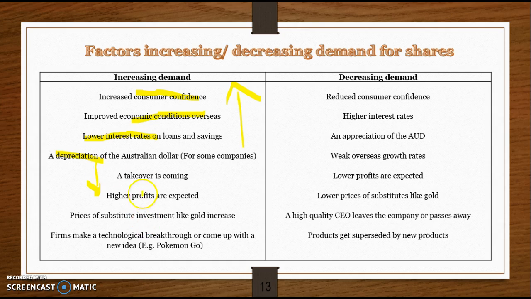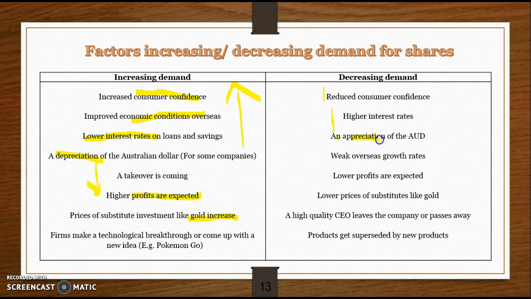A couple of other things, if you expect higher profits, if the price of things like gold increase, they become more expensive, so people prefer to buy shares. If any firms make a technological breakthrough or come up with a new idea, that will increase their share price as well. In terms of decreasing demand, most of these are just the opposite, so reduced consumer confidence, higher